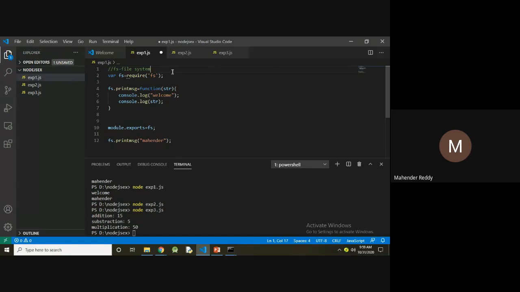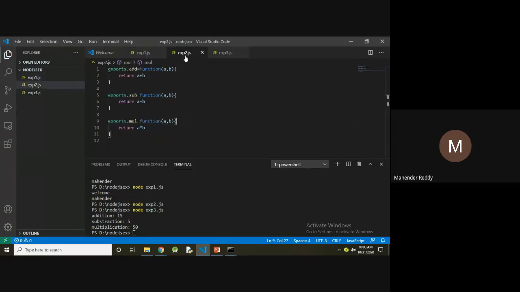FS is called the file system. Whenever you want to include some module, you have to use require and specify the module name, that is an npm module or a local module, meaning another program.